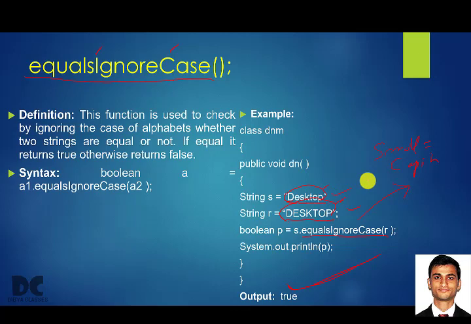It will not check the case, and it will check if the words are the same, or the sentences are the same, or the paragraphs are the same. It doesn't mean that you will only take words to check if they are equal or not. You can take sentences, paragraphs, any big strings. It doesn't matter, because you can check a big string with another big string. There is no limit. So now you understand what is equals and equalsIgnoreCase. So according to the program, either you have to use equals or you have to use equalsIgnoreCase.